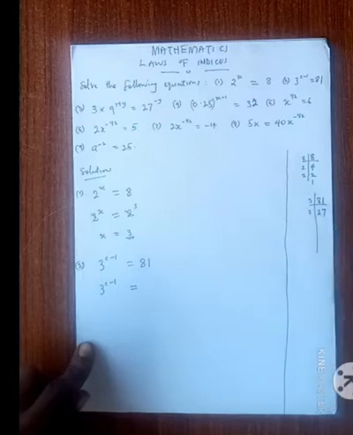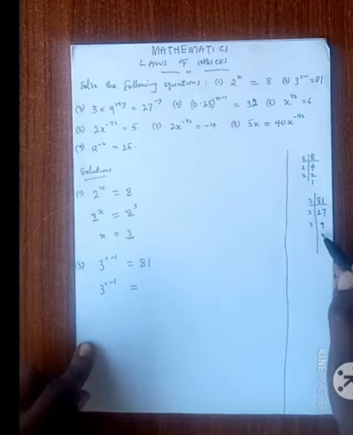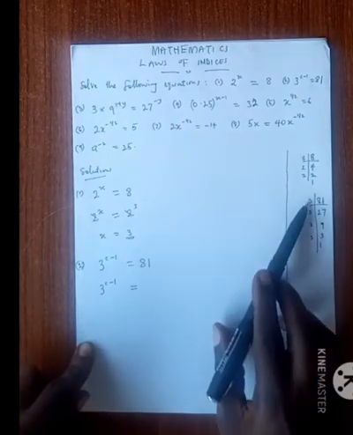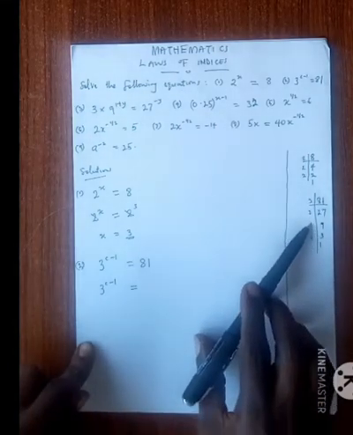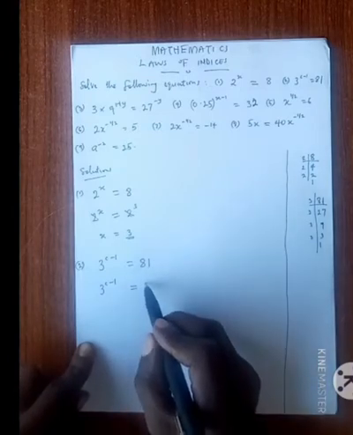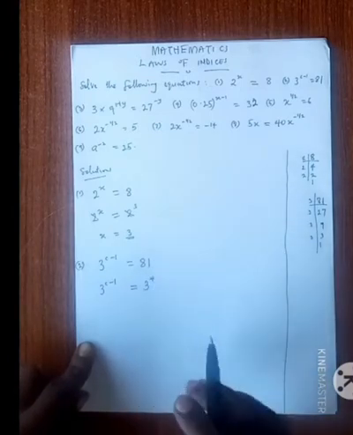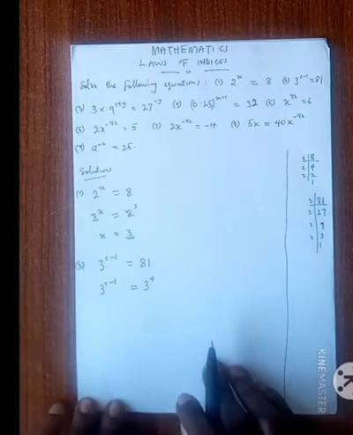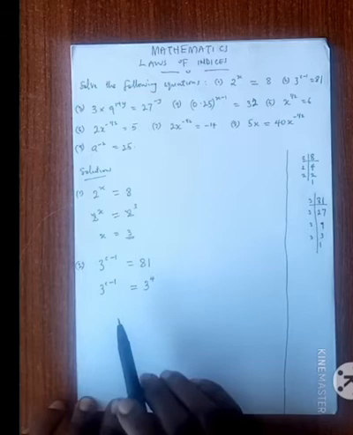When I reapply my 3, 3 in 27 gives 9. 3 in 9 gives 3, and 3 in 3 finally gives 1. So you can see that 81 is equivalent to when 3 is repeated 4 times. So 81 is going to be rewritten as 3 raised to the power 4. And remember, the essence of adjusting both to index form is for us to make sure that